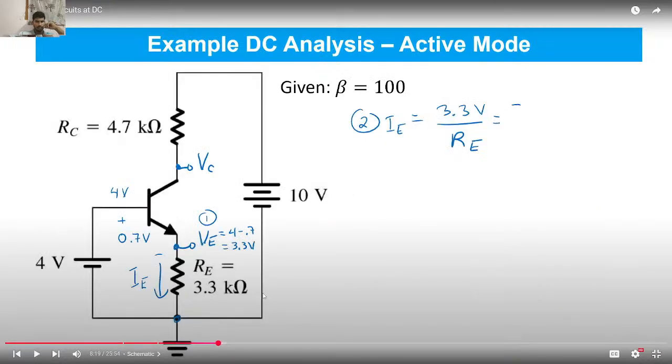RE is... We are given in the circuit RC equal to 4.7 kilo ohm, and let's say this is 10 volt and this is 4 volt. Okay, ठीक है, तो ये 4 वोल्ट है, ये 10 वोल्ट दिया है, ये आर ई का वैल्यू दिया है,